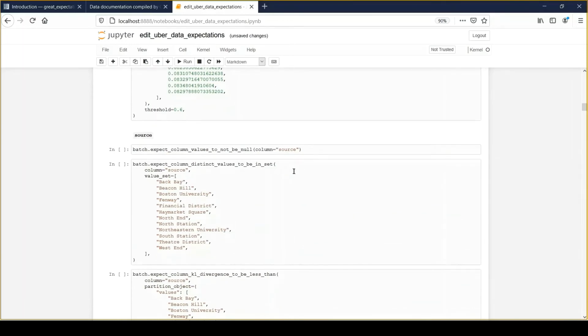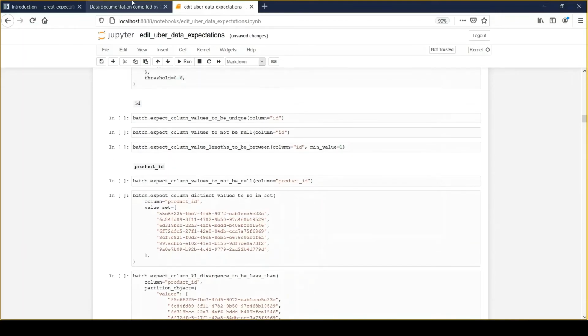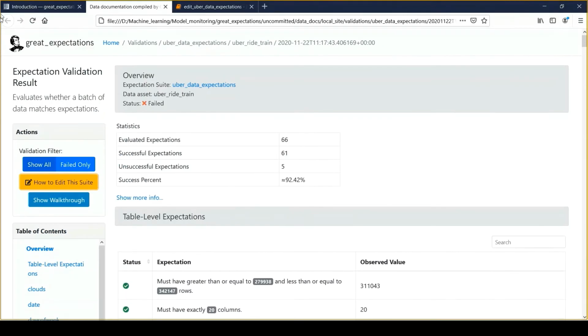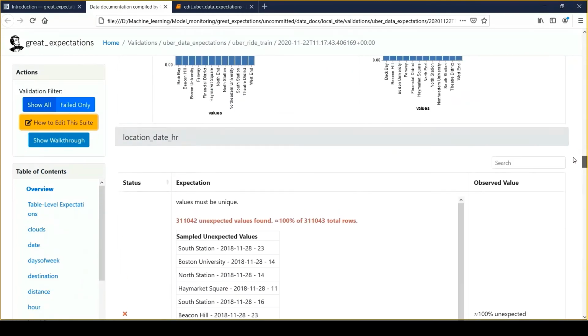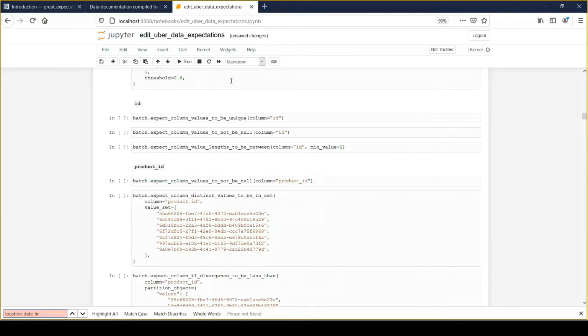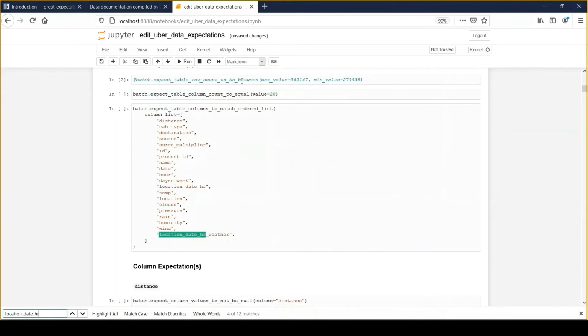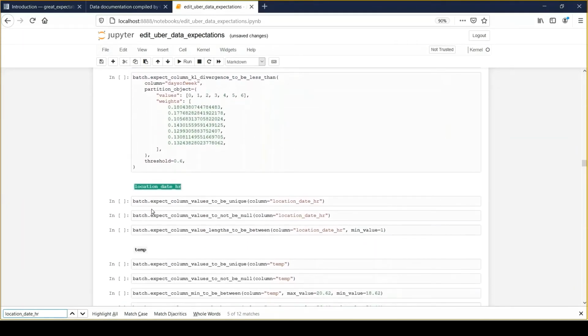I will mainly focus on the date part, where we had identified that this is not correct. And the field was, which was the field, we'll just check, location date HR. We'll simply go to location date HR. Okay, here. So defining this as not null unique, this is not correct. This is not correct. So we'll remove it. Not null, this is correct. The column value length, this is also correct.